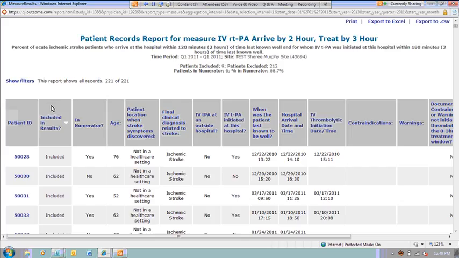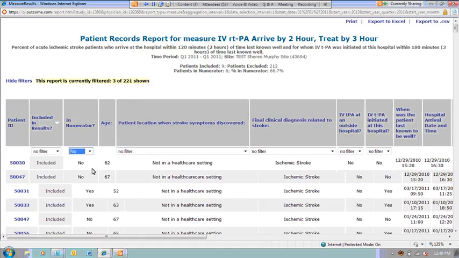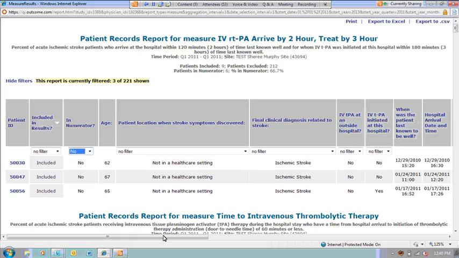So the good thing about this report is that it can also serve as sort of a simple Excel spreadsheet, in that if you select Show Filters, what it will do for certain columns is provide you the option to whittle down this list of patients to just the specific population that you're looking for. So we're looking for patients who were missed in the numerator or not treated appropriately. So we're going to filter for those patients who were no or not in the numerator. Then this is going to whittle down that list to these 3 patients for the first quarter who were not treated with TPA who were deemed eligible.